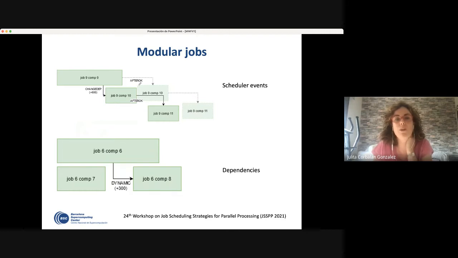So some examples with dependencies. For instance, in our proposal, there are some scheduling events where the job can raise some changes at runtime. In that case, there was the execution of our workflow. At runtime, we changed the type of dependency, and then it was executed differently. These events were an API. The API was specific to our scheduler, but the good point is that this scheduling event was able to be introduced in the trace, okay? Or just some more, let's say, already existing types of dependencies like these ones, to express that after a few seconds or whatever number of seconds the other job has to start.